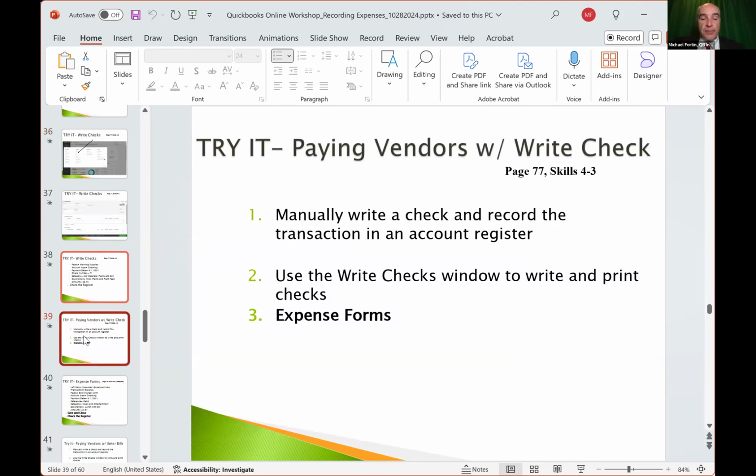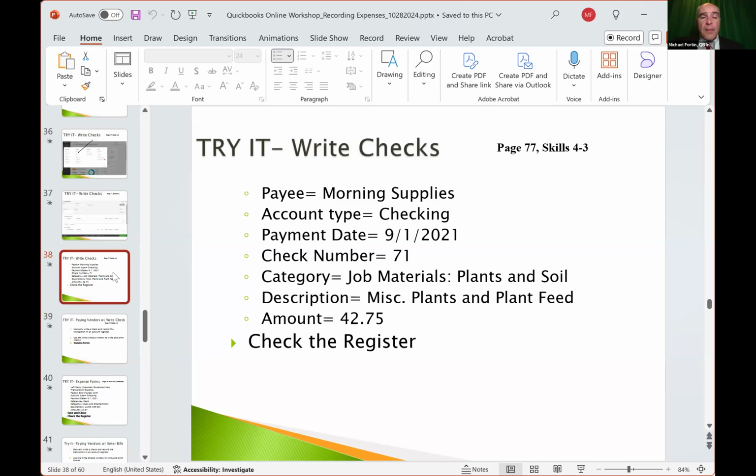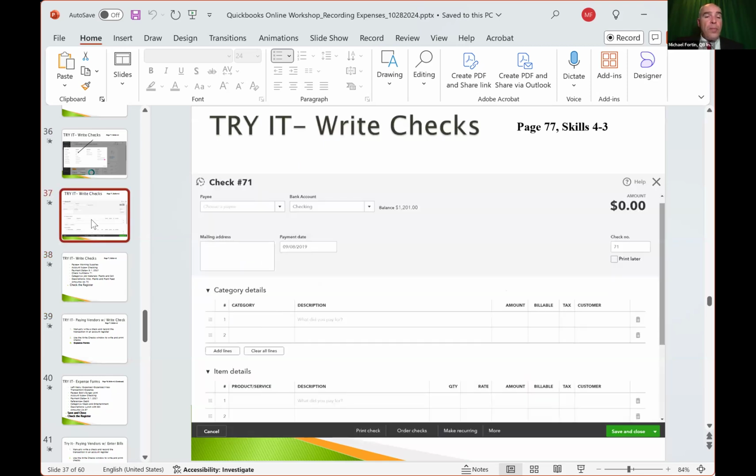Once you click check, it will open up a blank check form, where you can then fill it out and record the item, the expense that you want to record, and then it will save the transaction.